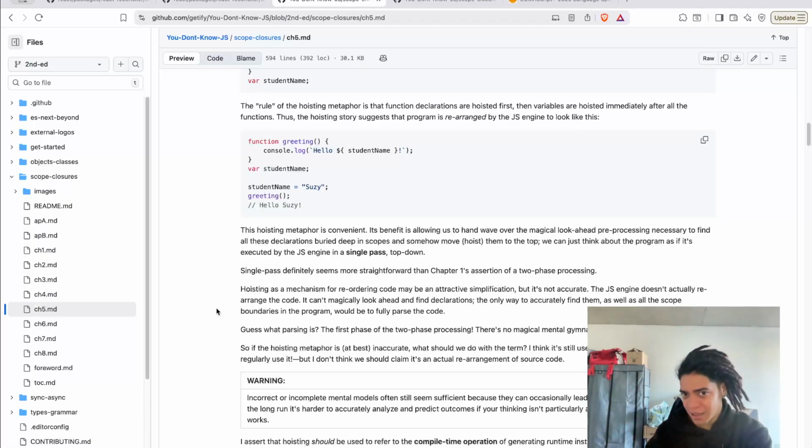But the reality is that there are certain declaration syntax forms that, when JavaScript engines look at them, they first analyze them to determine the scope,